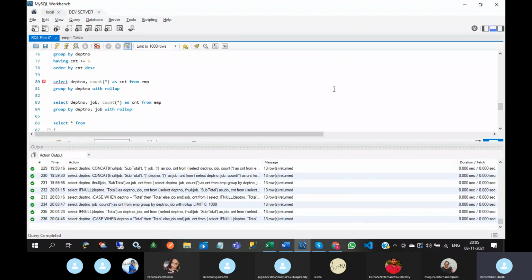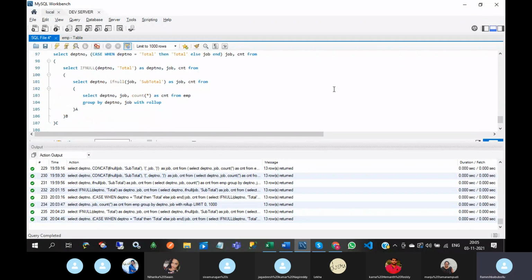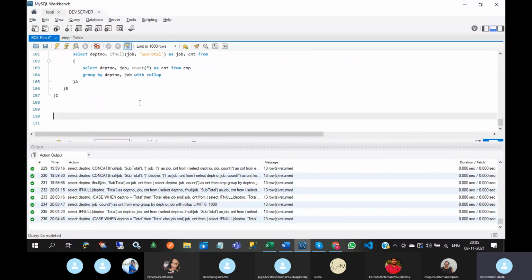That is one type of joining: we are joining two data sets by using rows. Join means by using columns we are combining two tables. Okay, like select star from EMP.